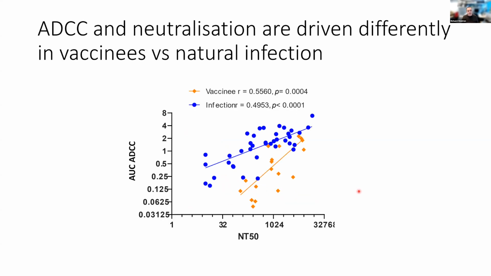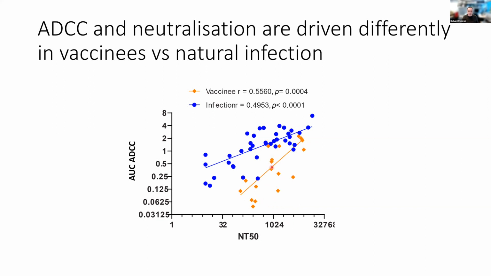We've compared neutralization and ADCC in these cohorts. You can see in both cohorts, both the vaccinees and the infected people, there is a correlation between neutralization and ADCC. In the vaccinees, these are the hybrid cohort up here. These are the people who have just been vaccinated alone. But you can see the relationship between these two parameters is quite different in these two cohorts, in that for a given level of neutralization, you get much better ADCC in the infected cohort than you do in the vaccinee